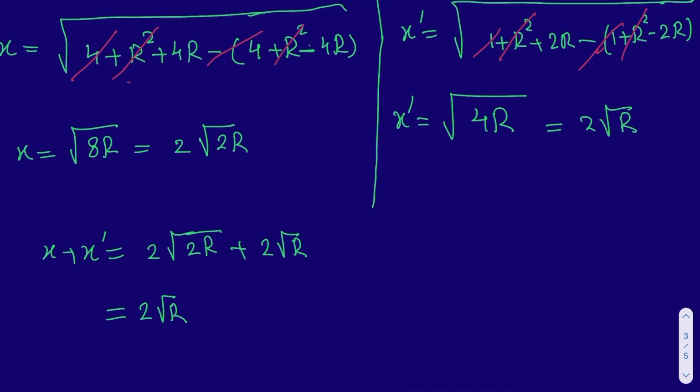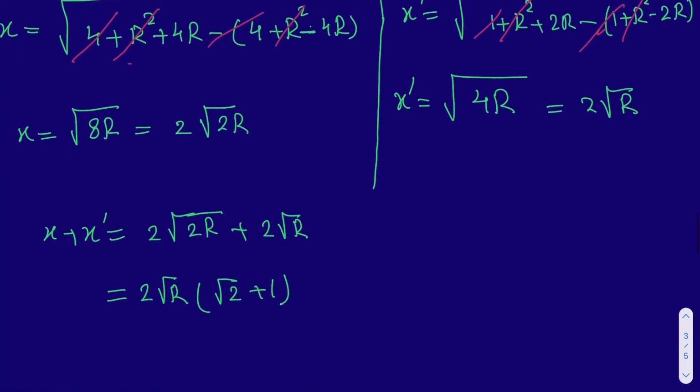I can factorize, and then I will be left with the first term, which is square root of 2, because if I multiply it back, I will get the same thing. And for the second term, it will be 1, because if I multiply it by 2 square root r, I will get the same term. So now I am done with the size of this